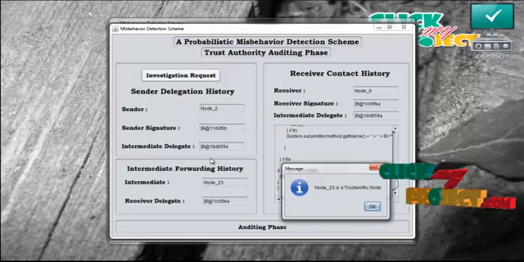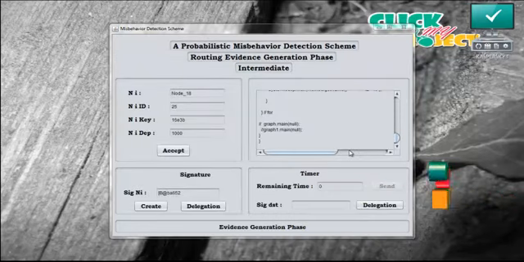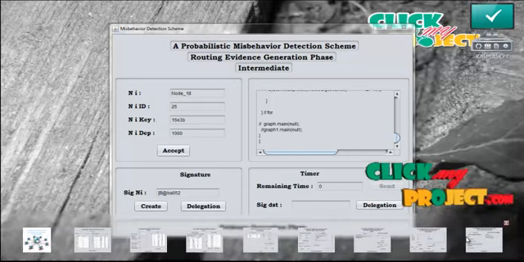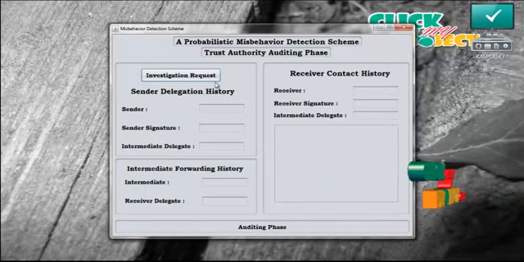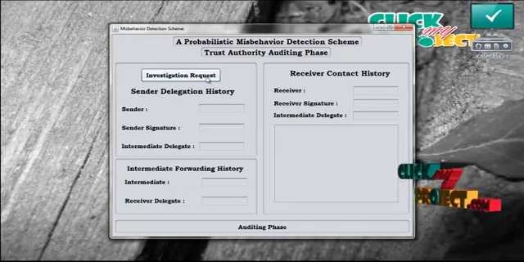Now press OK. If the intermediate does not send the data to the receiver within the timestamp, the send button is disabled, and then the trusted authority is started automatically. Now the trusted authority sends the investigation request to the sender, intermediate, and the receiver.